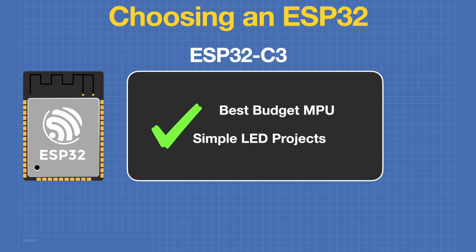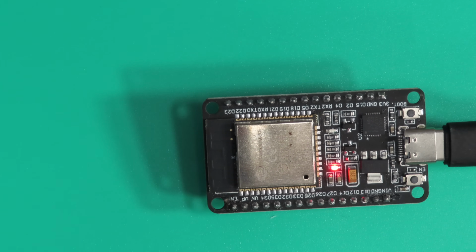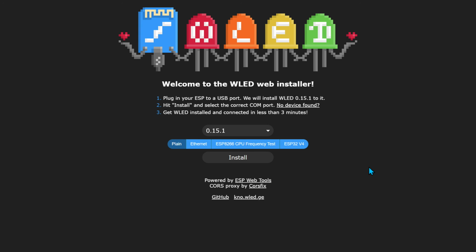So given this information, you should be able to choose an ESP32 for your WLED project. And here's the ESP32 that I've selected for my WLED experiments, and it's an ESP32 dev kit. It's a WROOM32 or Room 32 if you prefer, and it's a nice little dev kit. It's got a USB-C connector, and I have connected it now up to my computer, and I've gone to the